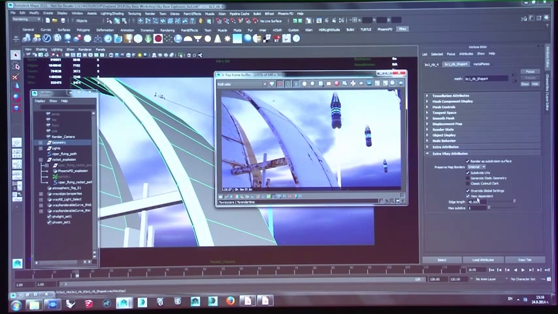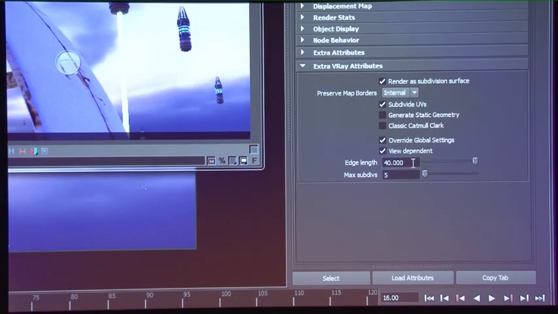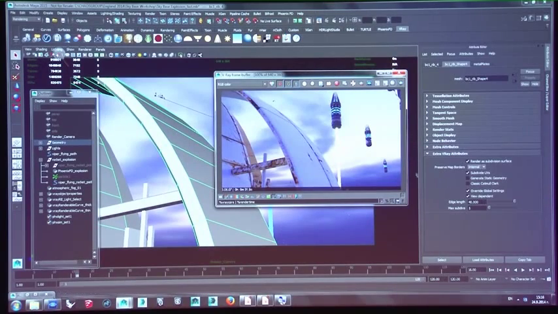The view dependent setting will compare the edge of the polygon depending on the view, meaning in pixels. Let me zoom a little bit. In my case, I have set it to 40 pixels. So if any polygon edge is larger than 40 pixels, V-Ray will try to subdivide it, and that will happen at render time. Let me demonstrate how this looks by applying